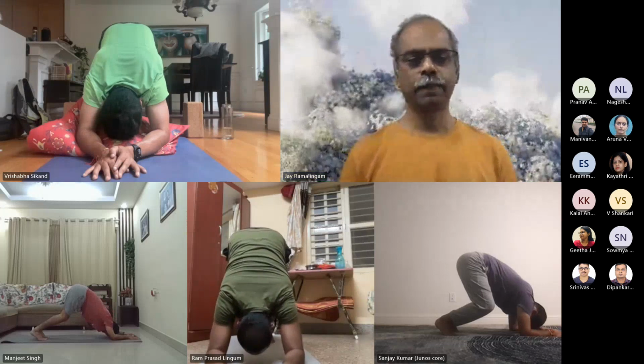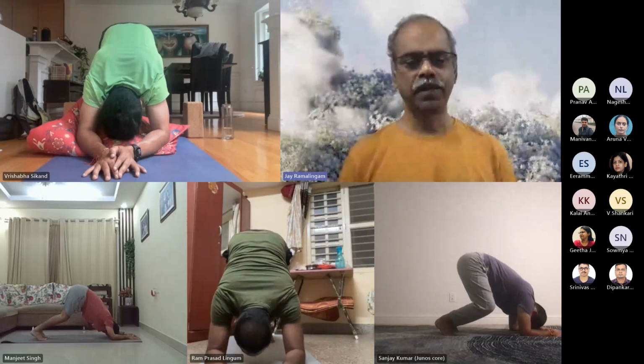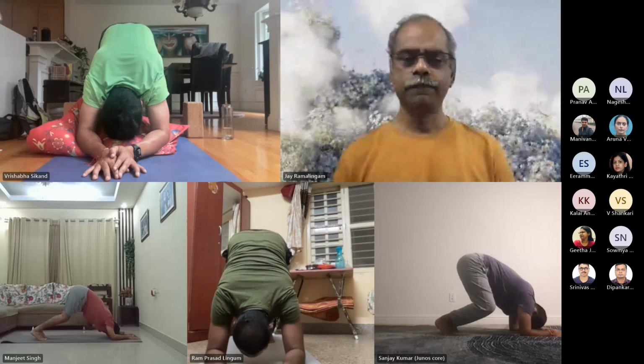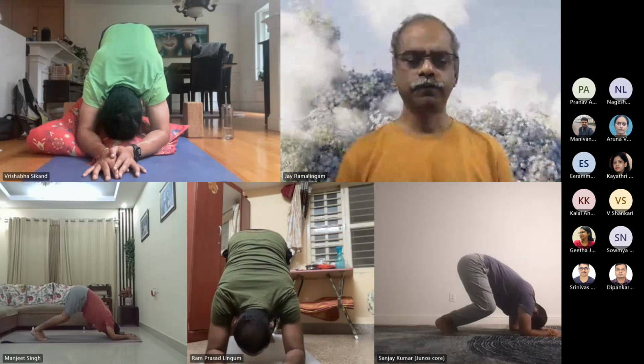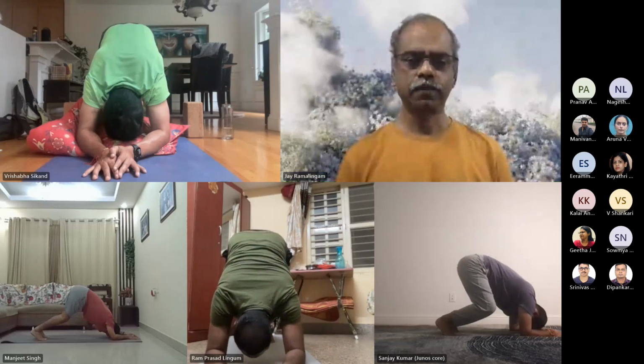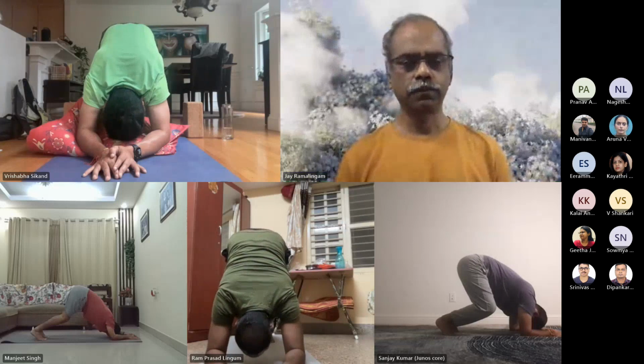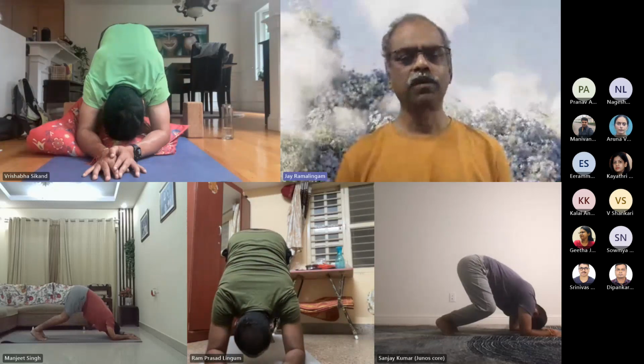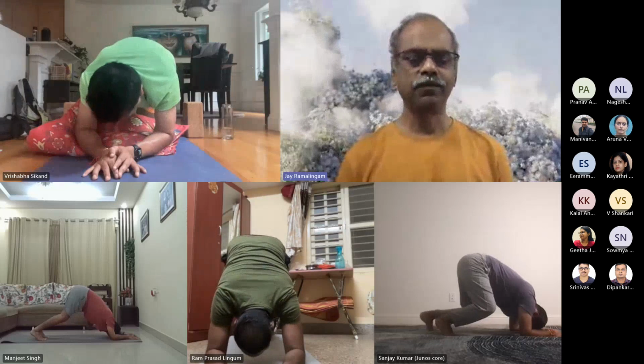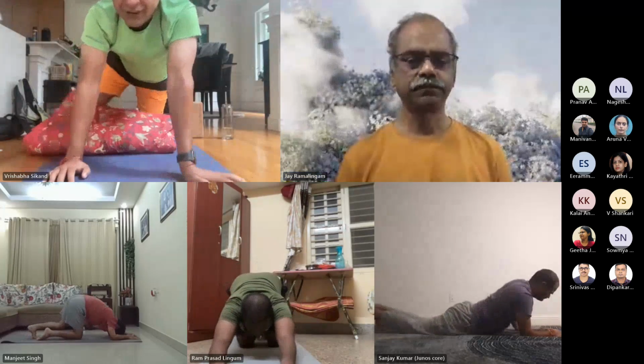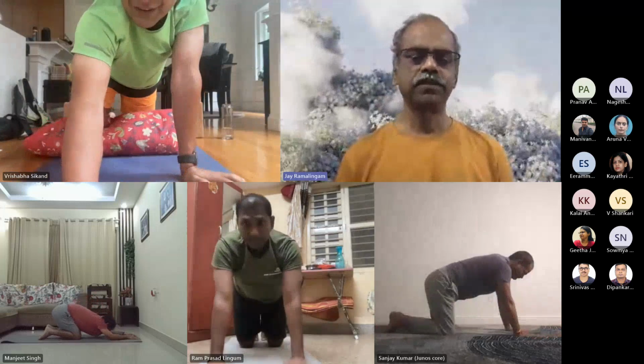Gently. 5 deep breaths. 5, 4, 3, 2, 1. Slowly walk back, knees down. Cat posture. Vajrasana.